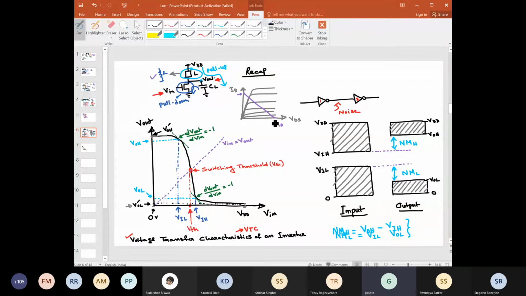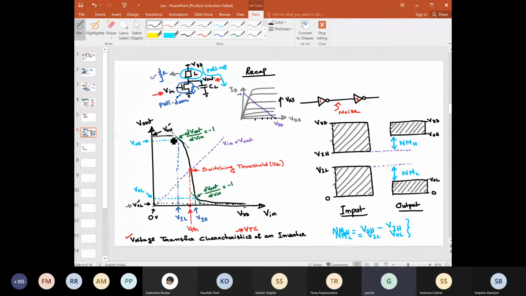Then you can see when the transistor is off. These curves are for increasing VGS. When VGS is 0, or less than the threshold voltage, VDS is this one. For this particular case, VDS is equal to Vout, so Vout is equal to VDD. Now, once Vin is greater than the threshold voltage, current has started flowing, so you are getting a point like this. You can see the output voltage changing quickly from here to here, like this.